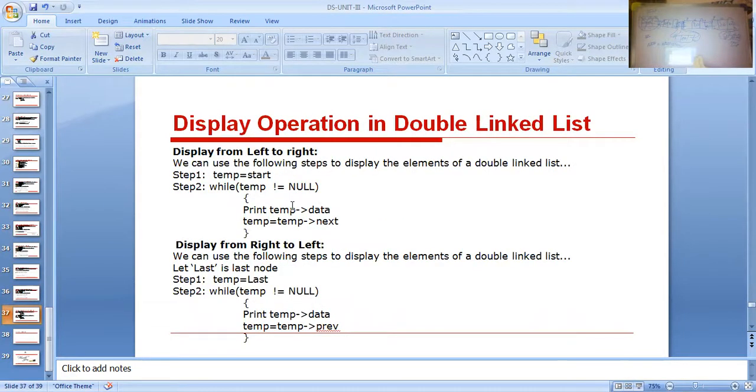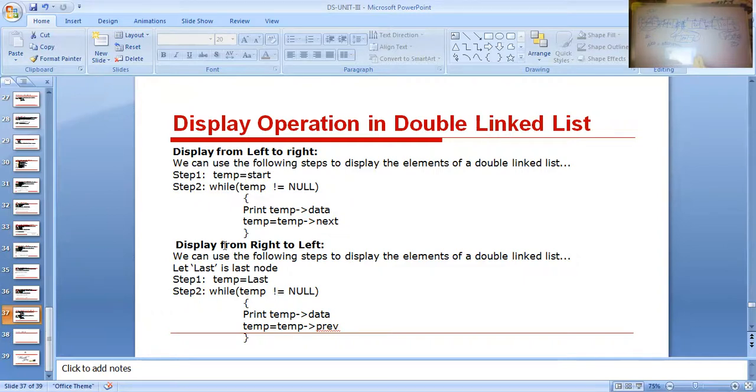So this is an algorithm for display operations on double linked list. Here this is the two-way list. Single linked list is a one-way list. Double linked list is a two-way list. In this linked list, left to right and right to left traversals are there. Okay, this is an advantage. Forward and backward traversals are there. Whereas in single linked list, that is a one-way list, only forward traversal is there. There is no backward traversal in single linked list.